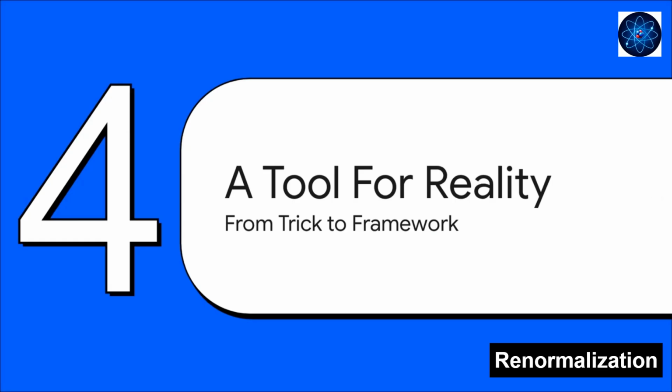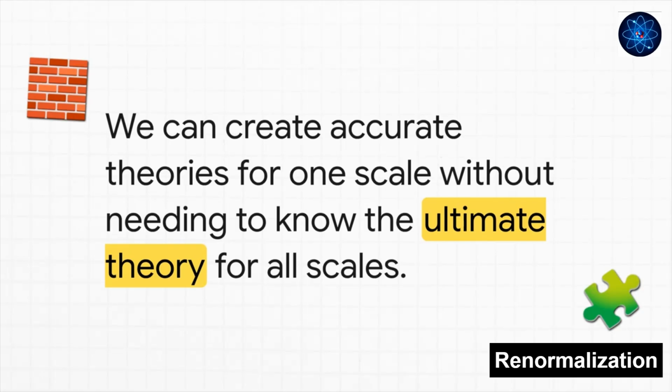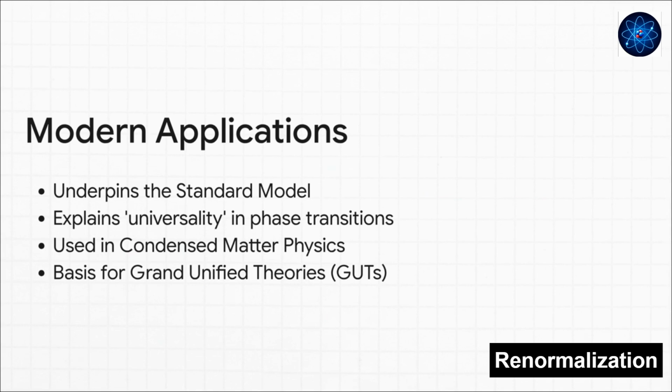So, with Wilson's brilliant insights, renormalization was totally transformed. It went from being this suspicious, slightly embarrassing mathematical trick into one of the most powerful and profound conceptual tools in all of modern physics. It gave us this amazing framework called effective theories. Think of it this way. We can now build incredibly accurate theories for the world at a specific energy scale, like the world of atoms and chemistry, without needing to know the ultimate final theory of everything that might describe quantum gravity. It lets us do physics in layers, like a stack of maps, where each map is perfectly good for its own territory.